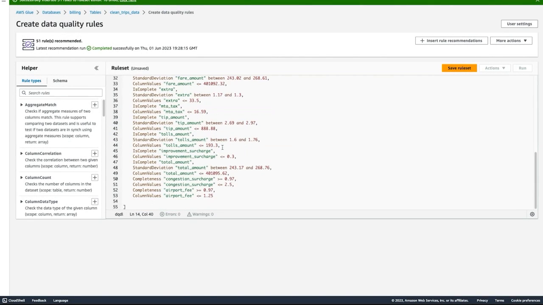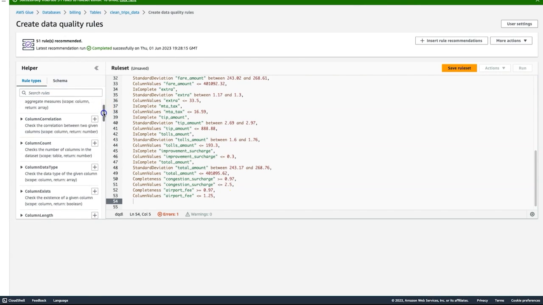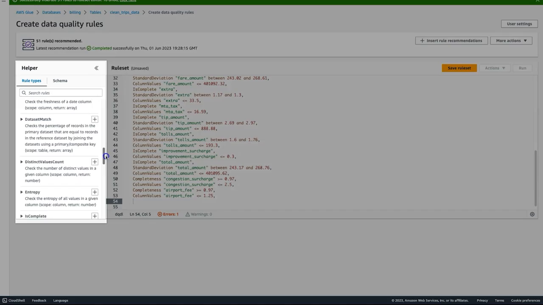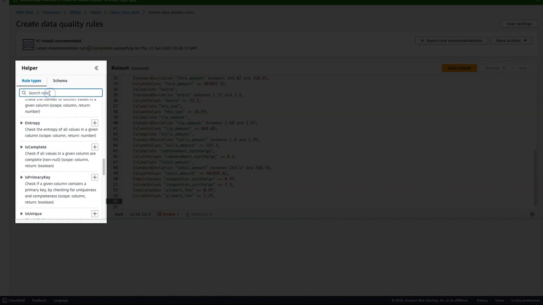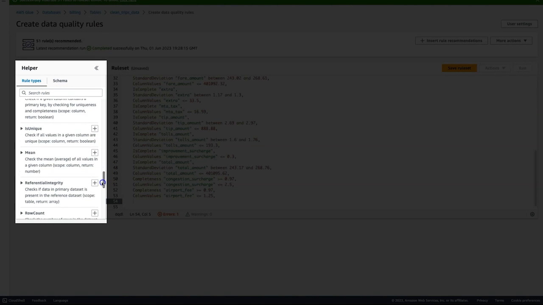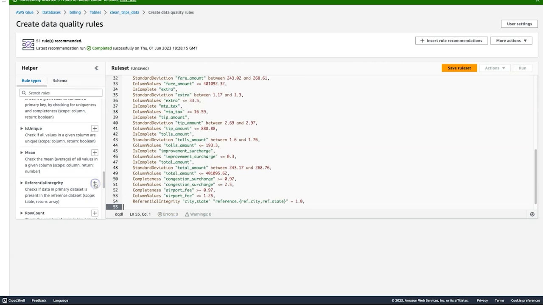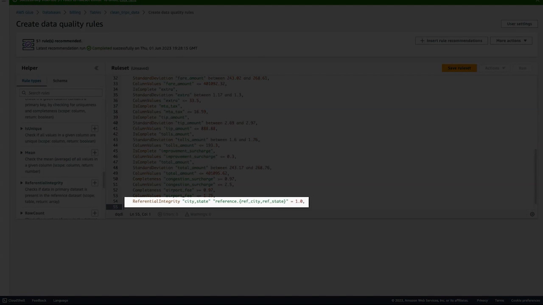Now, one of my requirements is to make sure that all payment types in the dataset are present in the master payment dataset. Glue provides several out-of-the-box checks to accomplish complex rules like these. To do this, I am going to add a referential integrity check by navigating the helper and selecting this specific rule type. On clicking the plus button, Glue adds the referential integrity rule type with an example for you to customize.